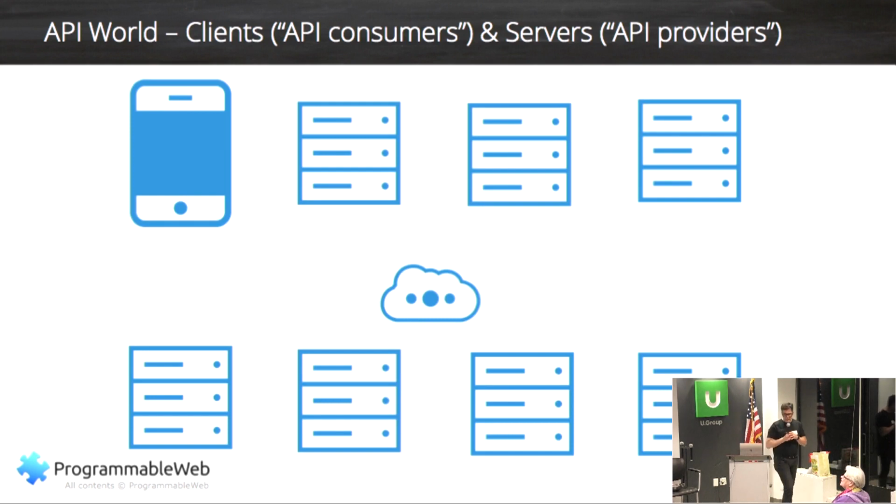And so if we come back into the API world, we'll get out of the real world with these metaphors that I've been using, these analogies. You can have a lot of different consumers of APIs and a lot of different providers of APIs. I got the consumers on the top, like a mobile phone or a server or some other piece of software. And on the bottom, you have other servers, and these are often web servers when we're talking about web APIs, right? And so this gets to sort of the language we like to talk about, which is you have clients,